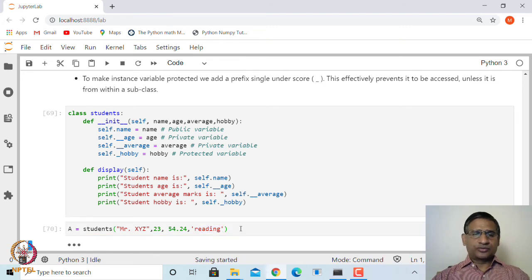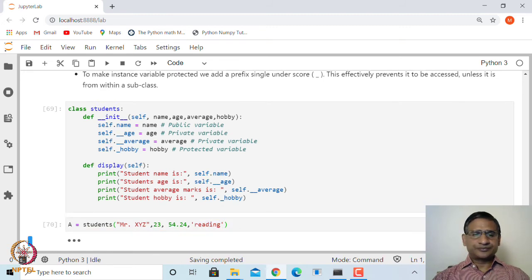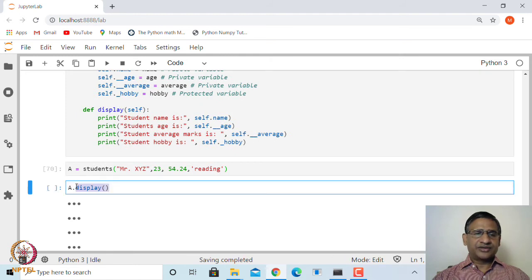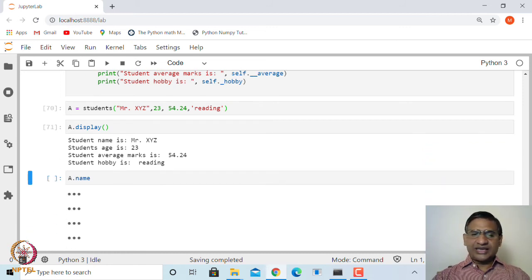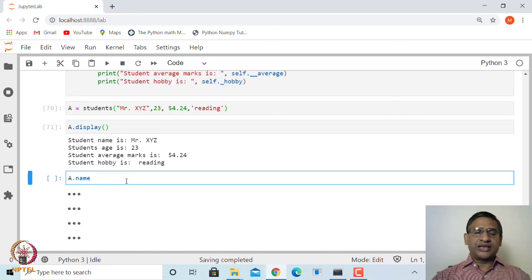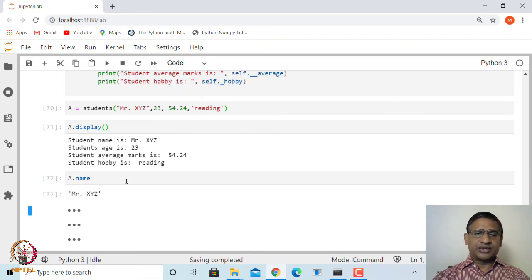When we create this and call the display method, it will print all these things, whether public or private. Whereas if I say a dot name, name is a public variable, so it will print.